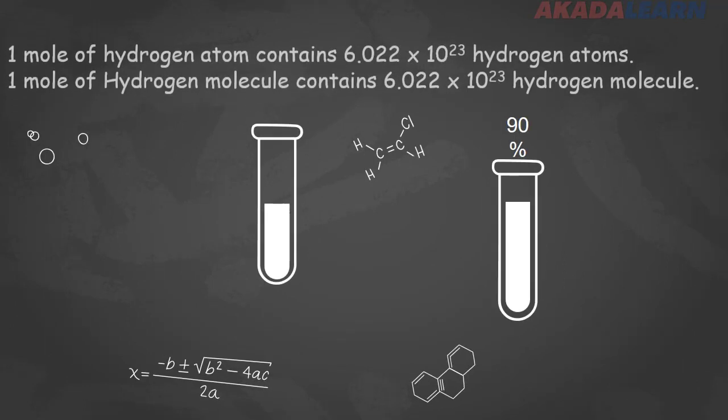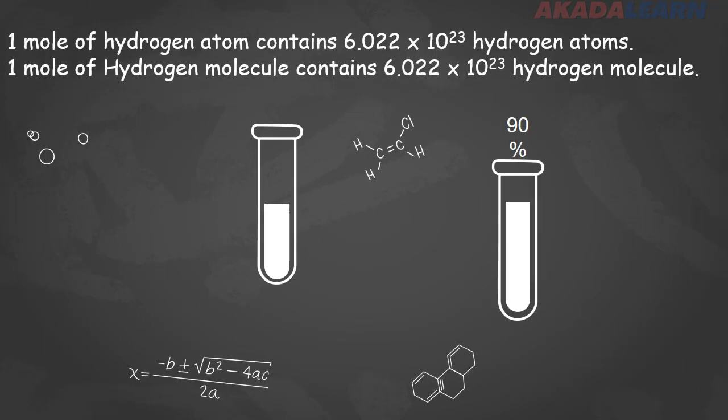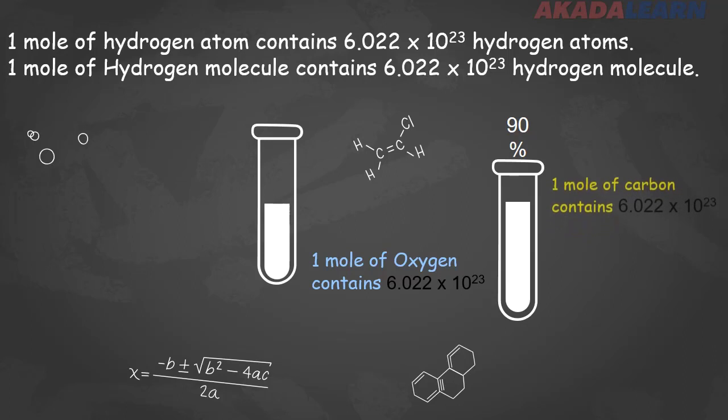In other words, 1 mole of hydrogen atom will contain 6.022 times 10 to the power 23 hydrogen atoms. Likewise, 1 mole of hydrogen molecule will contain the same 6.022 times 10 to the power 23 hydrogen molecules. 1 mole of oxygen will contain the same number, 6.022 times 10 to the power 23. 1 mole of carbon will contain the same Avogadro's number,